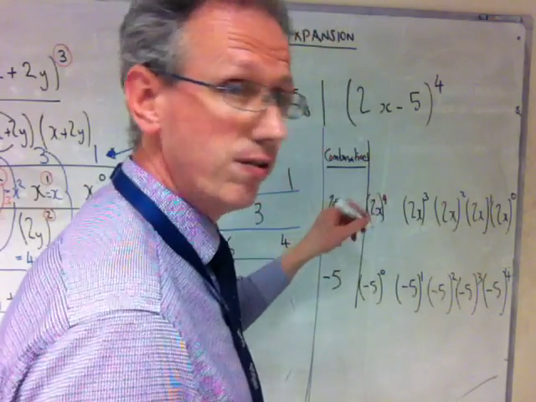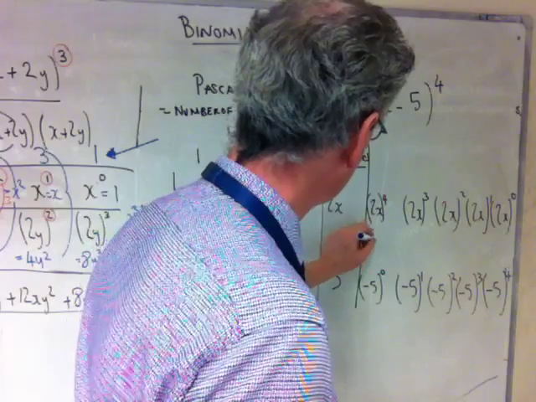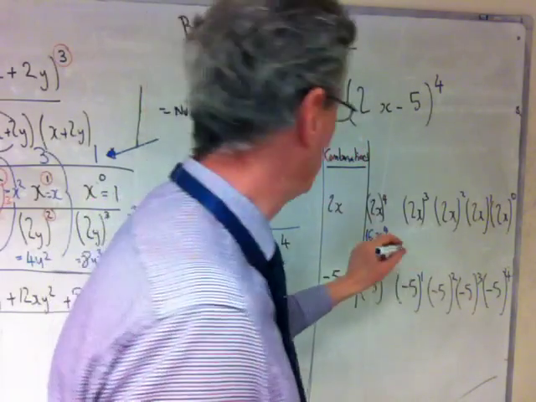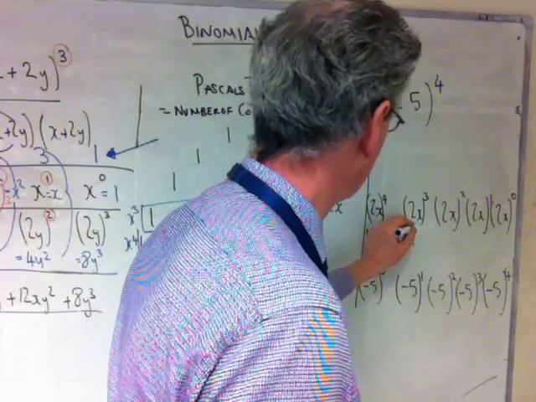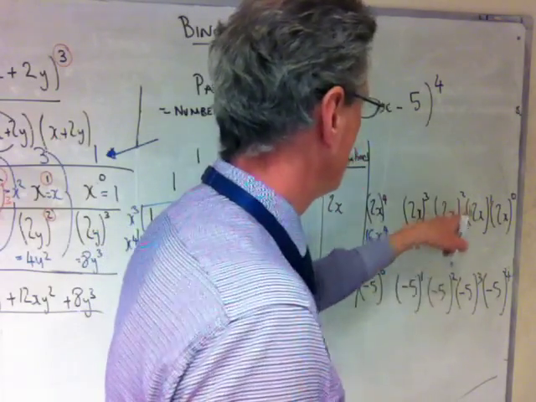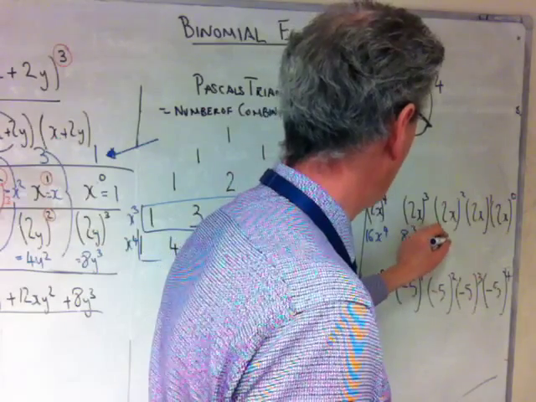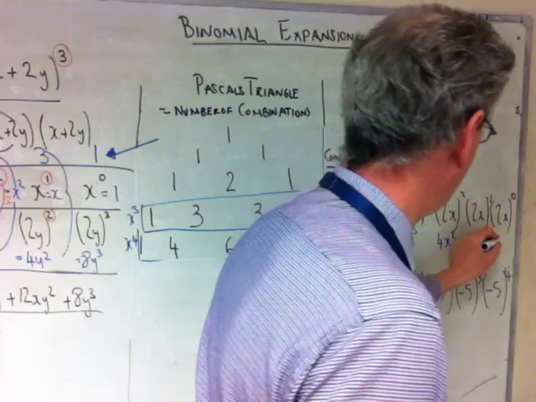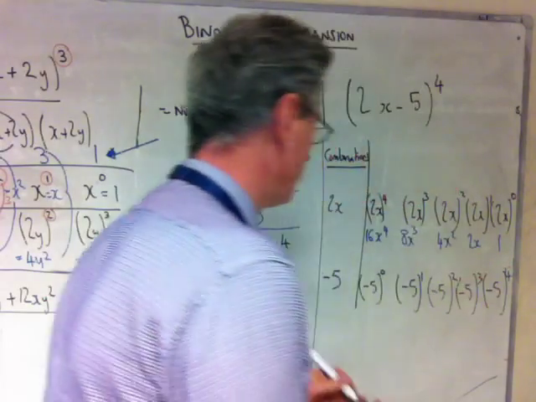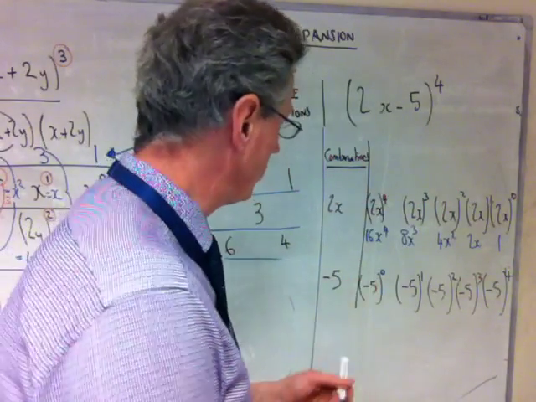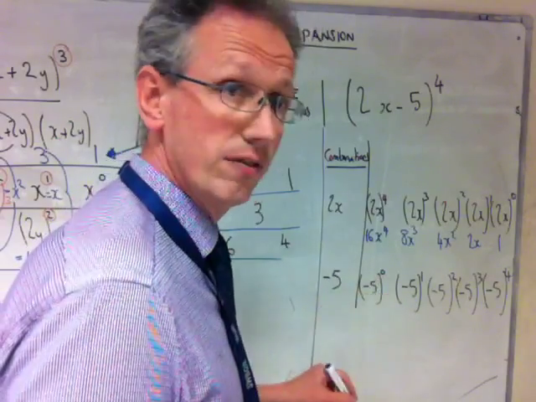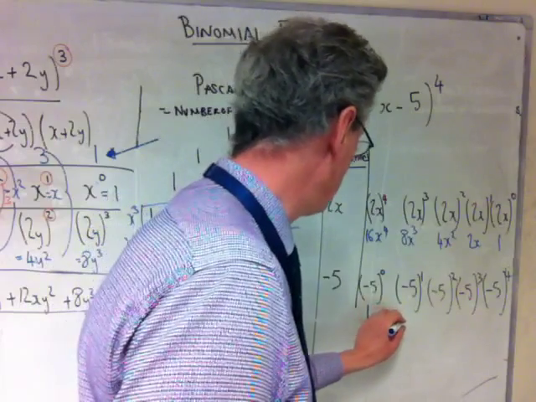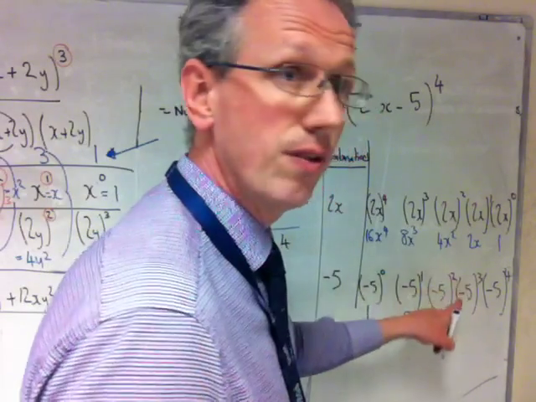So (2x) to the 4, that would be 16x to the power 4. (2x) cubed is 8x cubed. (2x) squared is 4x squared. (2x) to the 1, and then obviously anything to the power 0 is always 1. We can do the same underneath. Minus 5 to the power 0 is always 1. Minus 5 to the power 1 is minus 5. Minus 5 squared,